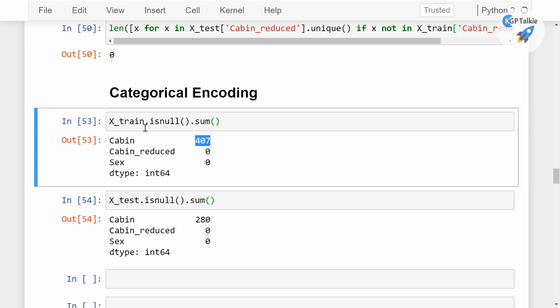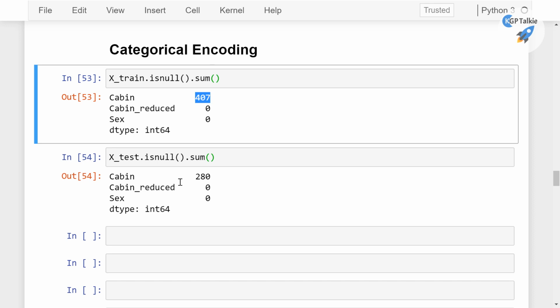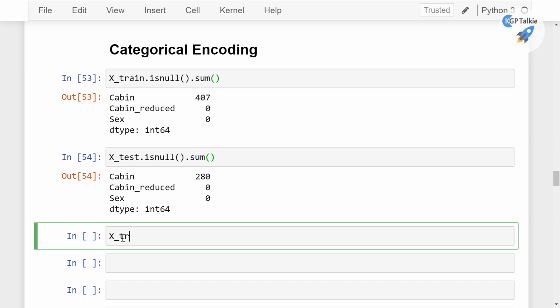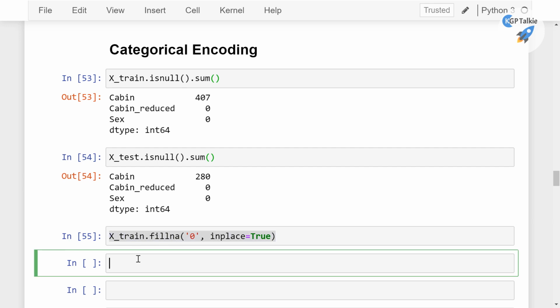All right, I think there is no issue, so we are going to just fill these. X_train.fillna, and I'm going to fill numeric with 0, and the string data as well. And then inplace equals True. That means it will be filled in place itself, and thereafter we have X_test.fillna